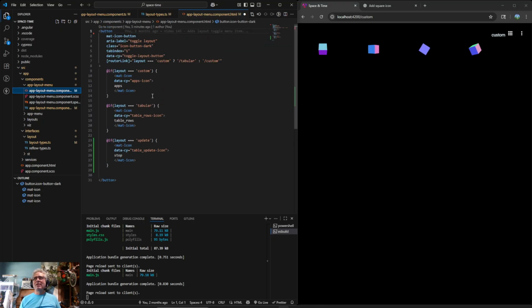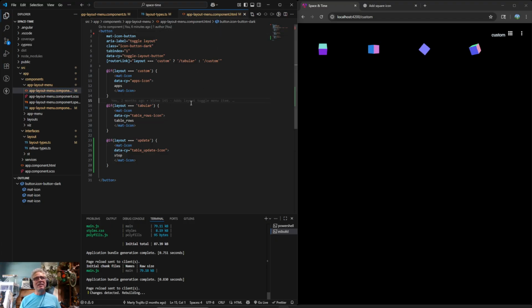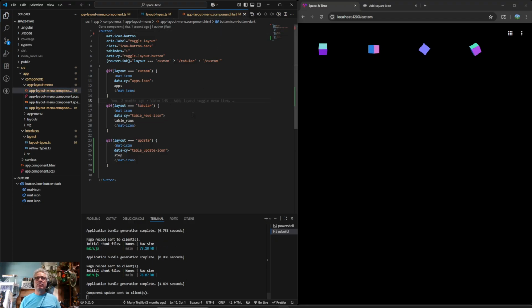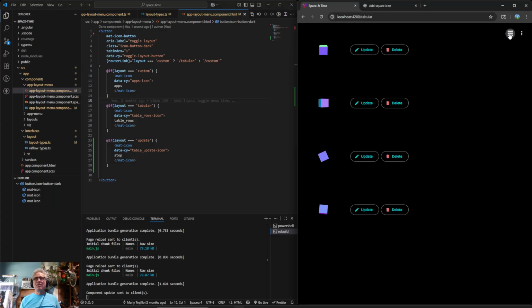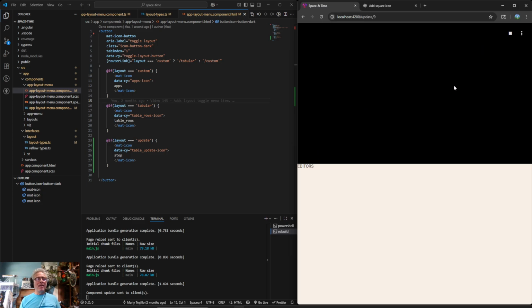Okay, where is custom coming from now? Did I just not save? Okay, so I guess I didn't save. I wonder if that's why things got so weird, because it keeps it. Oh no, it kept the state. You see how you just toggle back and forth, but then if you click in here,